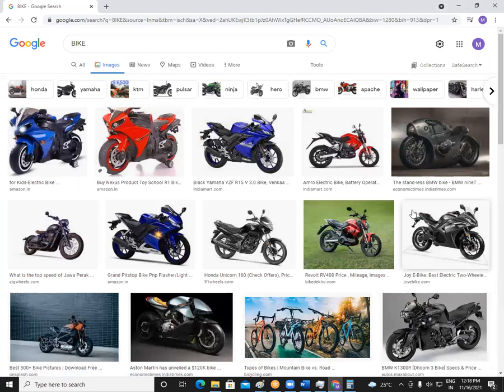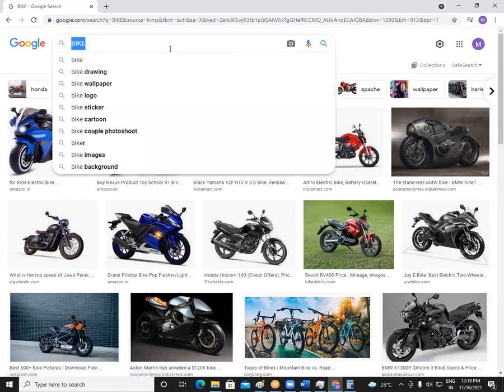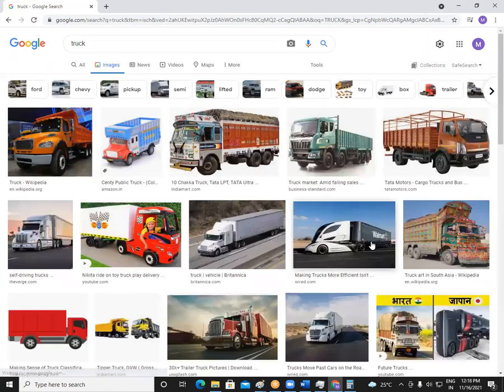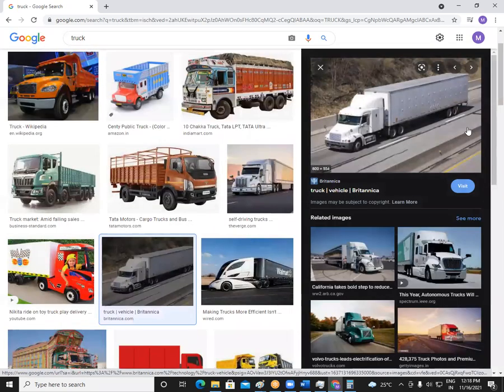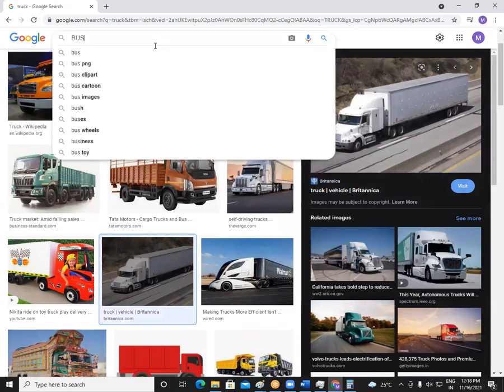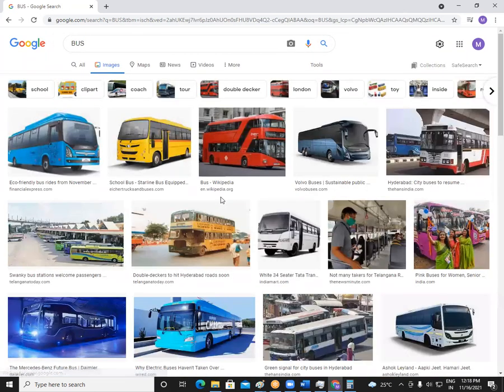If you go and check the bike here, the bike size is much smaller, right? It can carry 2 people easily. But if you go with a truck, there is a huge difference here, right? The size of the truck is much bigger than this bike, and it has many more tires, a bigger engine and a bigger body, and it can carry more stuff, or more people. I can take the example of a bus also. Size is bigger, it can carry more people.